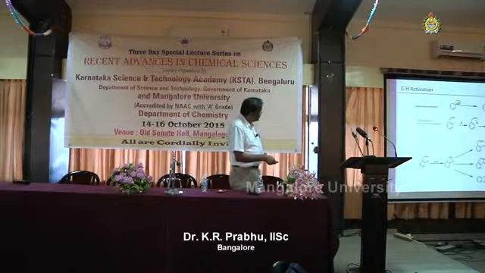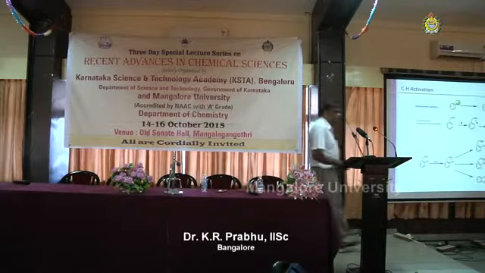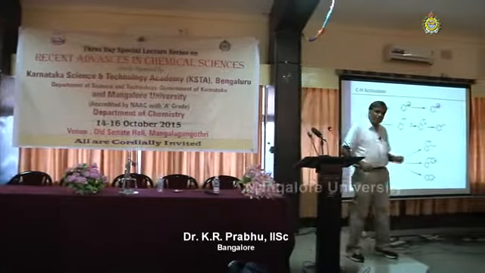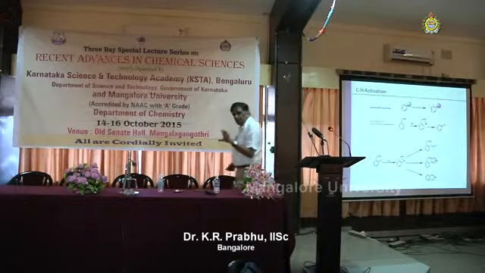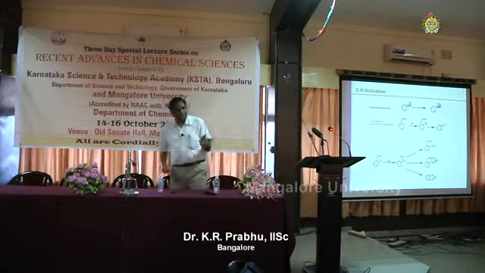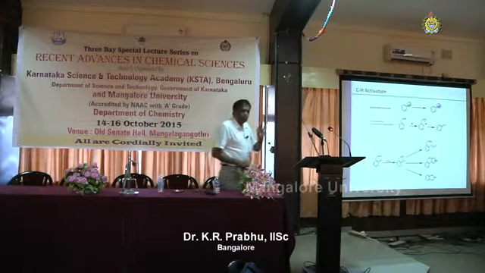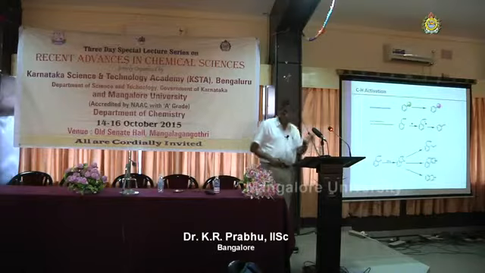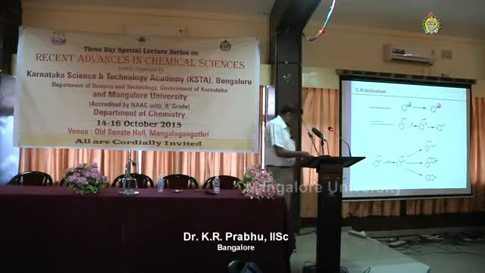It forms the nice ruthenacycle, into which you can put an alpha beta unsaturated system, that is, an activated olefin. You can make a CH bond over there, not the Michael addition. You should remember, if you put an olefin, an alpha beta unsaturated ketone, which is an activated olefin, you are going to make a CC bond in which the double bond is intact. If the double bond has disappeared, then it is called the Michael addition. This is not the Michael addition.